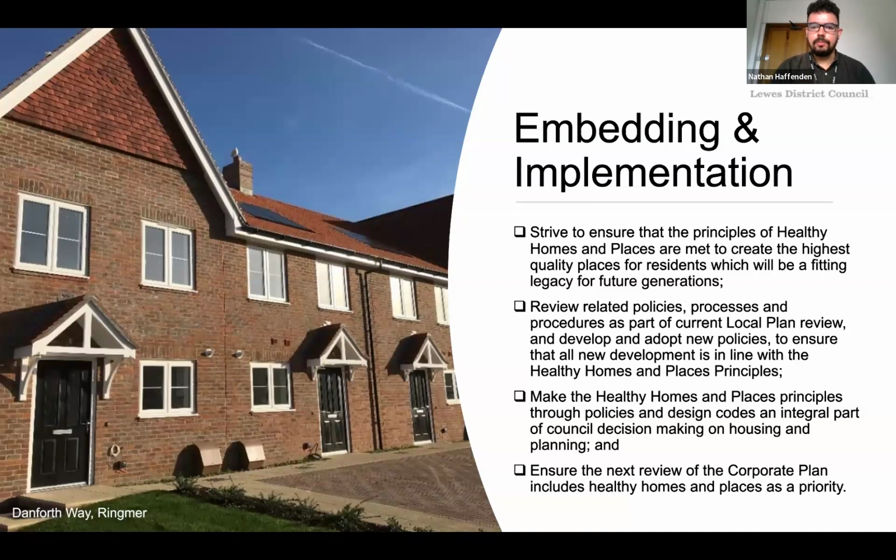So we continue to strive to make sure that those healthy homes and place principles are met for our residents. I'll talk a little bit about some of the ways that we've done that through our own development. What we started doing was looking at our own policies, processes and procedures. So a real end-to-end review over where we could embed and take advantage of changes within policy and procedure already